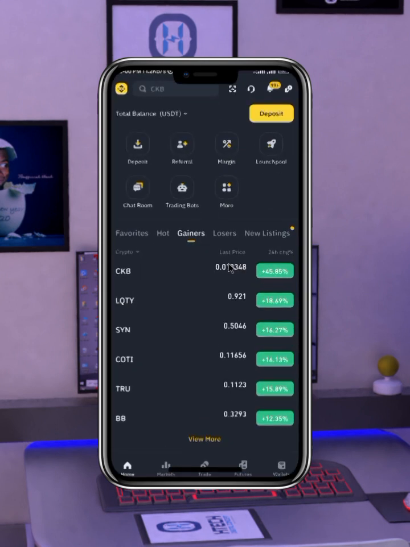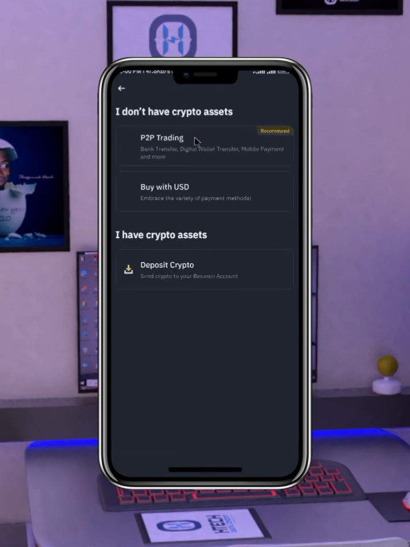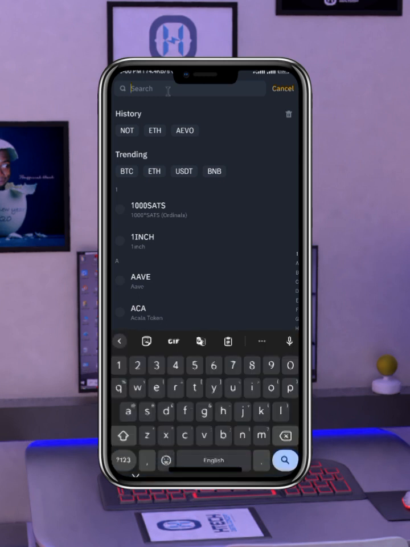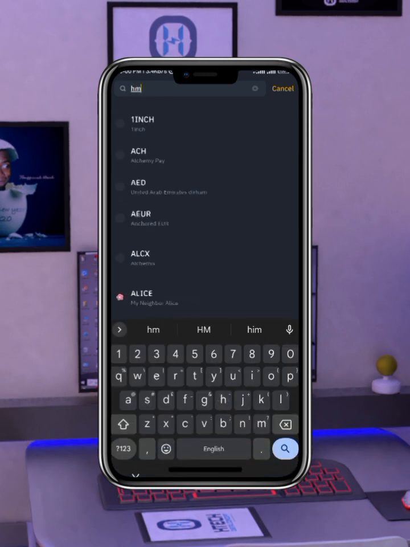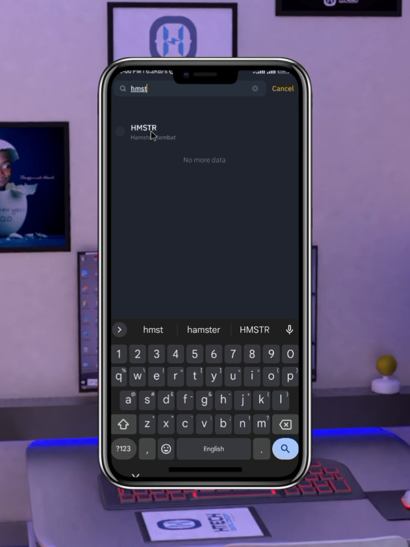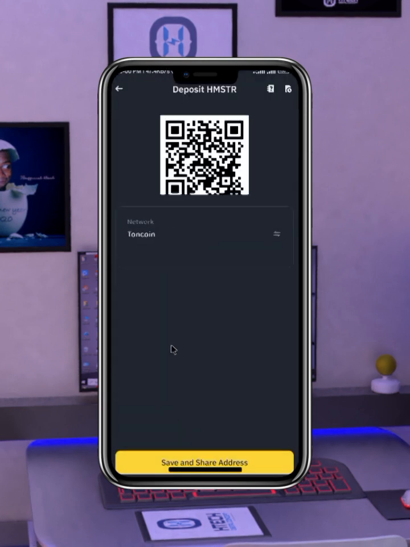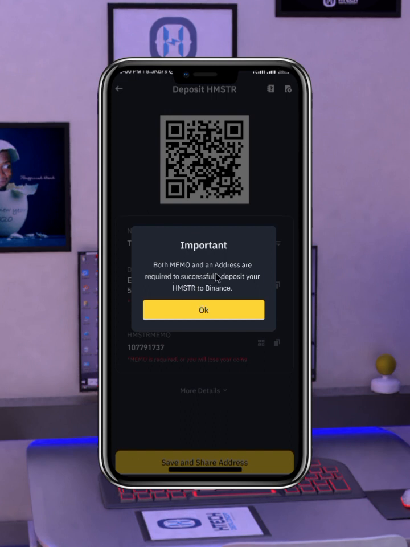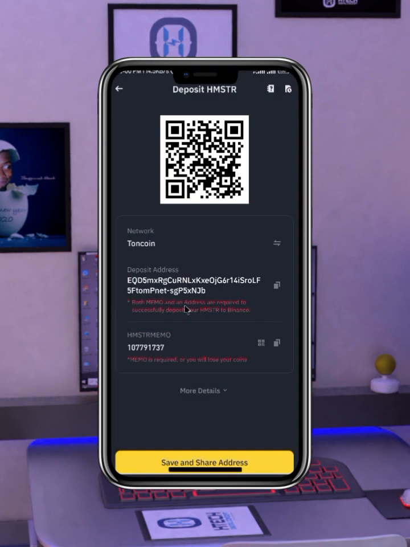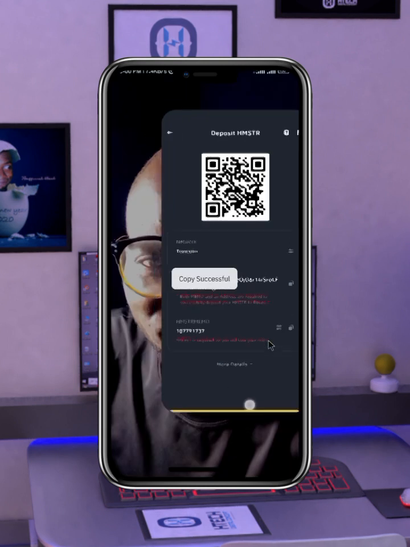So open Binance, and then in the search bar, or just click on this deposit, and then you click deposit crypto. Then you just search HMST. Then you will see Hamsta Kombat. Click on it, and of course it's TON network. Then both memo and address are required to successfully deposit your Hamsta to Binance. Click OK. Then you just have to copy this address, and then you copy the memo as well. Go back to your